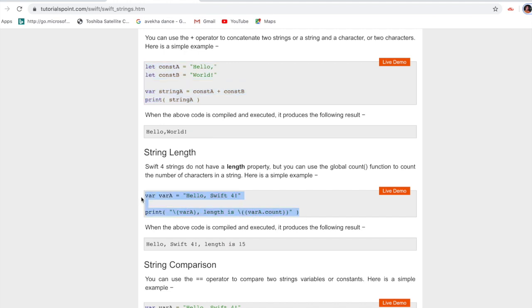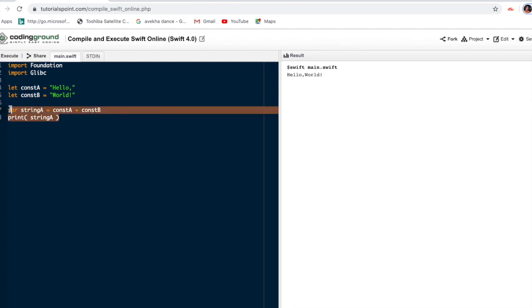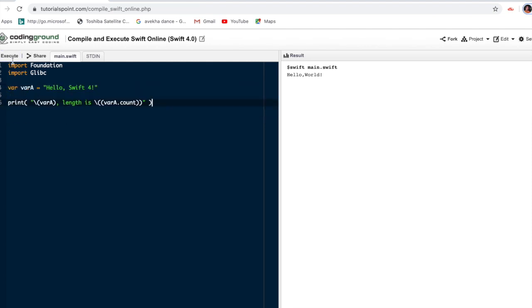String length is simple. We need to get the length, so var a dot count tells how many characters are there. So we are counting.